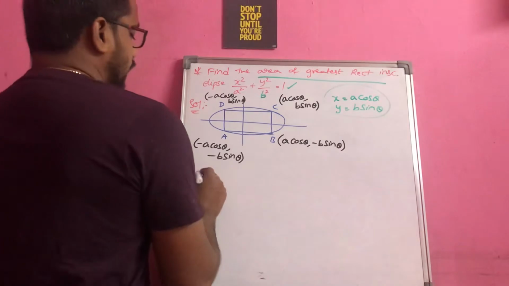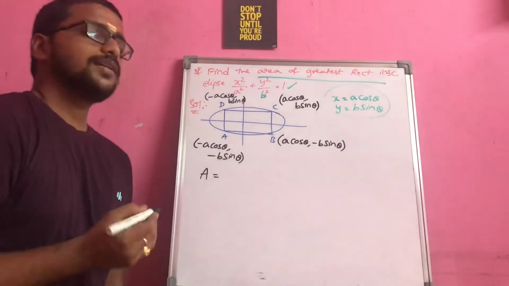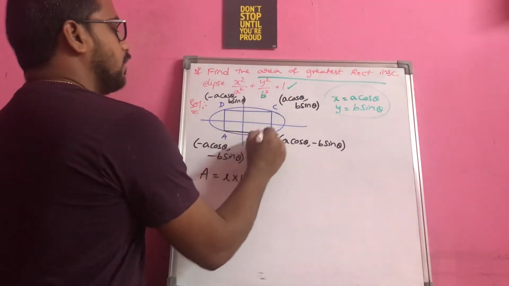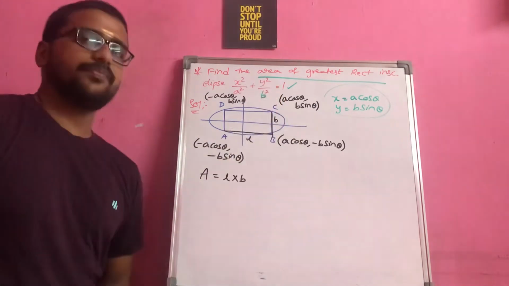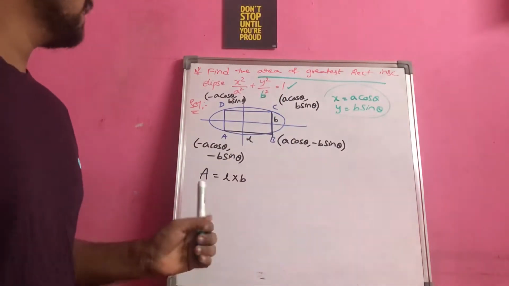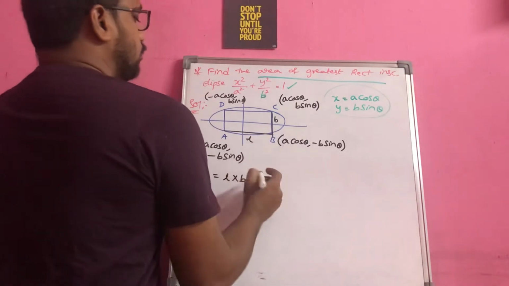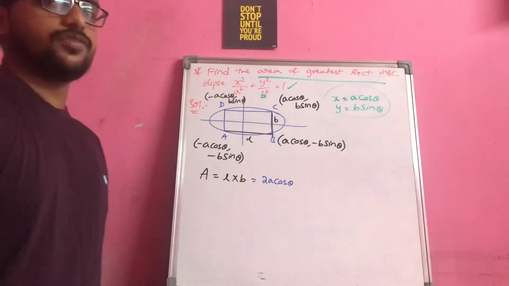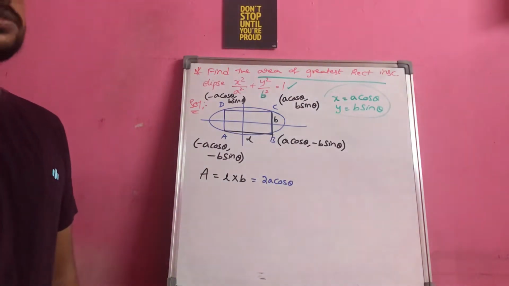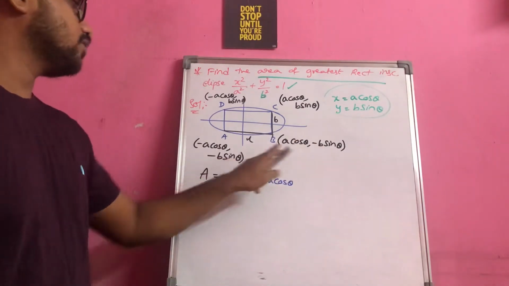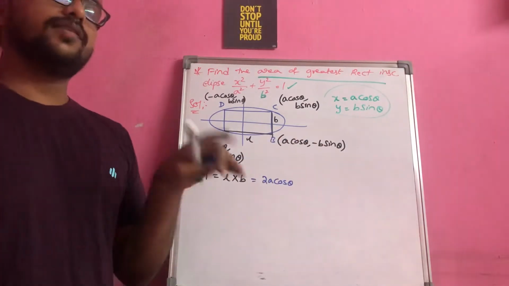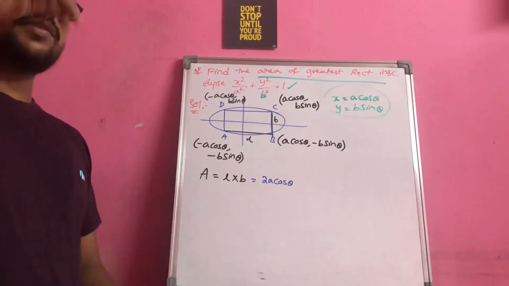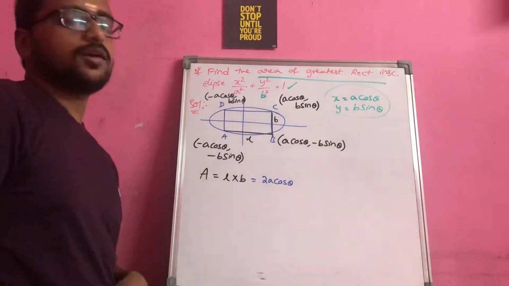So now you see, area is our function. This is very clear that you will use the formula A = L into B. In this figure, AB is nothing but L, and BC is nothing but breadth B. So here, if I take this L, the distance between these 2 points, it will become 2a cos theta. Why? Because you can use the distance formula, root over (x2 minus x1) whole square plus (y2 minus y1) whole square. These two are of the same sign, so if you do the subtraction, it will get cancelled out and you will get 0. These two will become 2a cos theta. Whole square and square root will get cancelled, so you will get 2a cos theta.